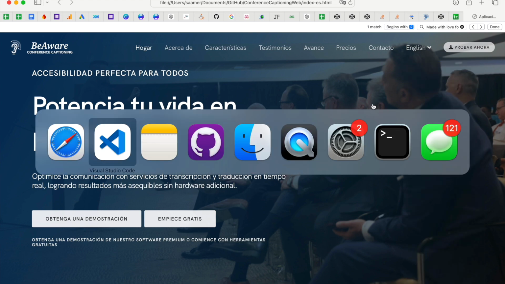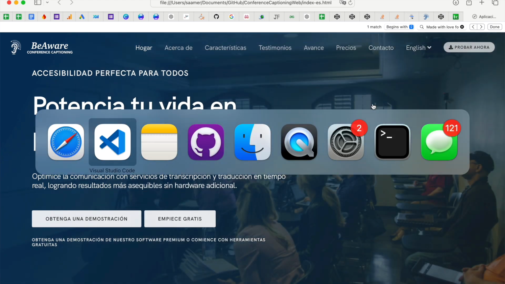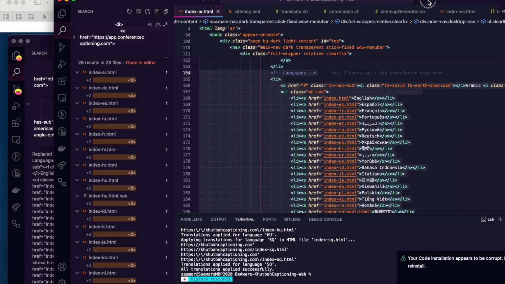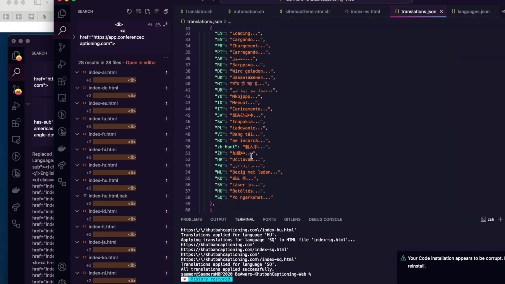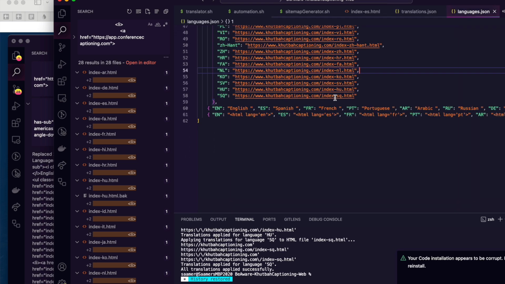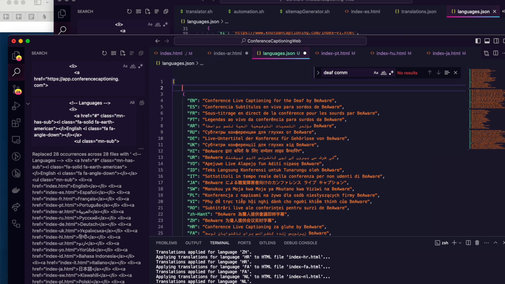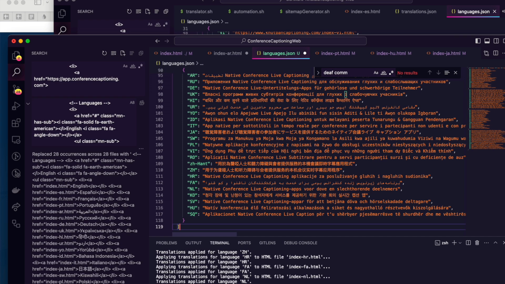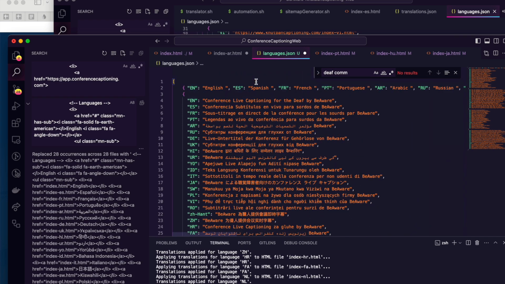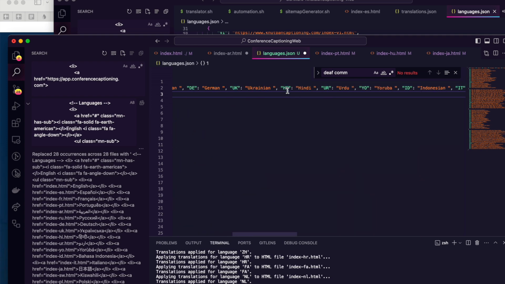So in order to fix that issue, I'm going to get this little buddy here, pull that in to my languages.json, and it's going to fix that issue whenever I run this code. So that is fixed. That'll make sure that it shows Spanish in the Spanish page and so